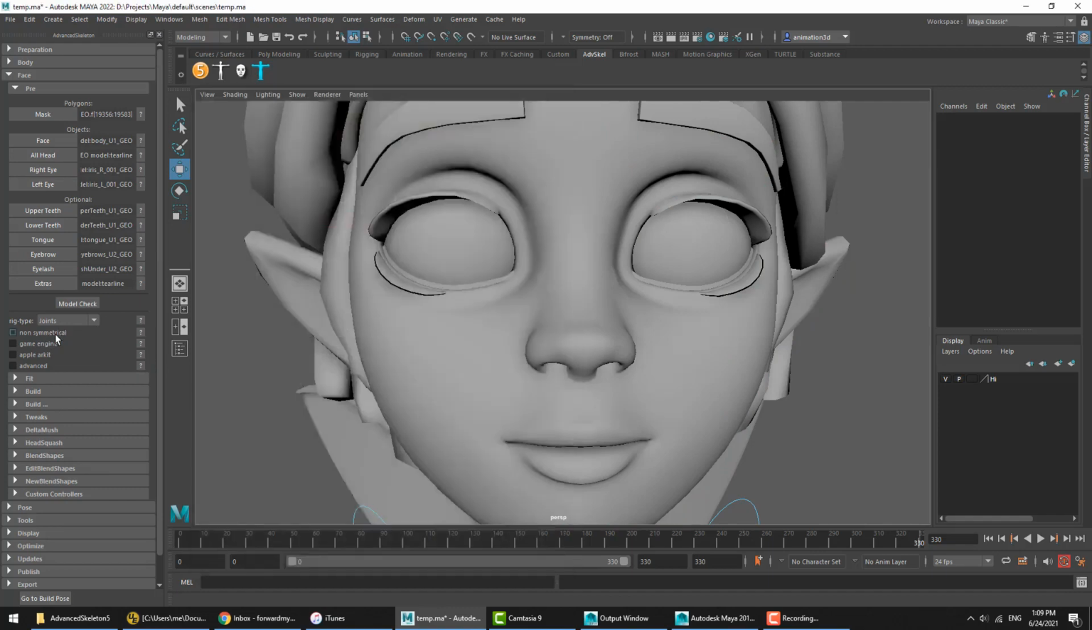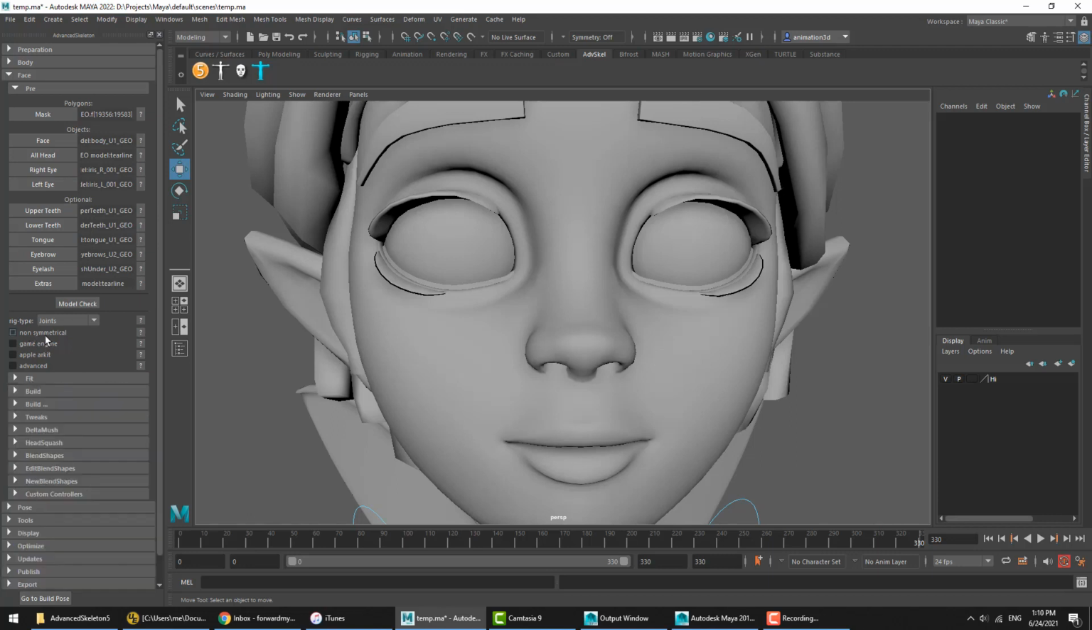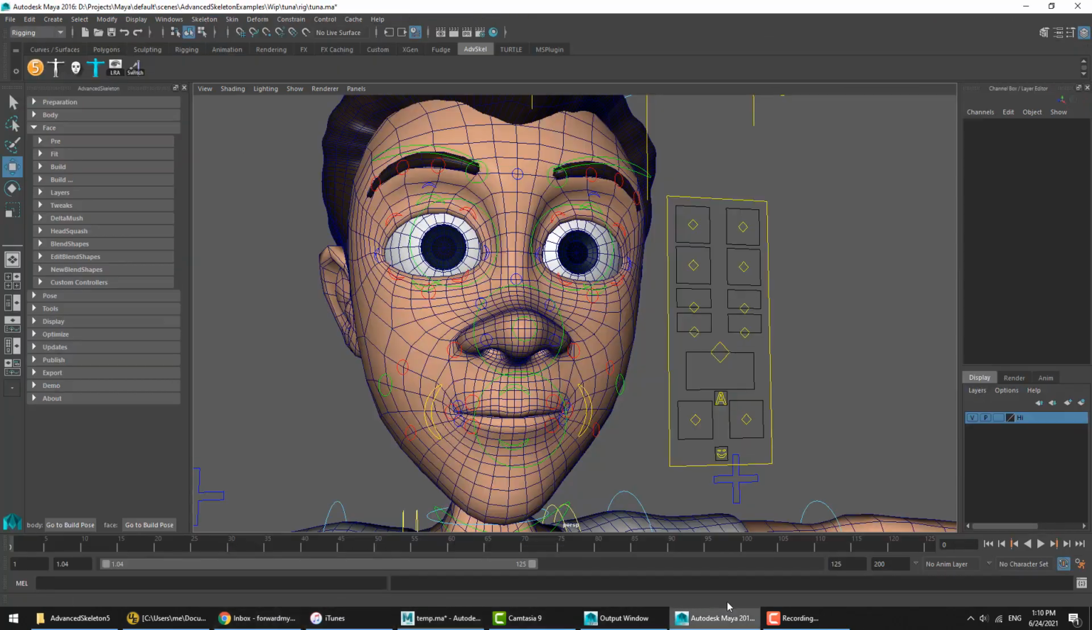Let's quickly run through each one of them. First one, non-symmetrical. When you turn this on and off, you can see that the next section actually changes between just being fitting for left and fitting for right. So with non-symmetrical on, you have fitting both for left and right side of the face. The non-symmetrical rigging option here is intended for those characters who are, by design, asymmetrical, such as the demo character